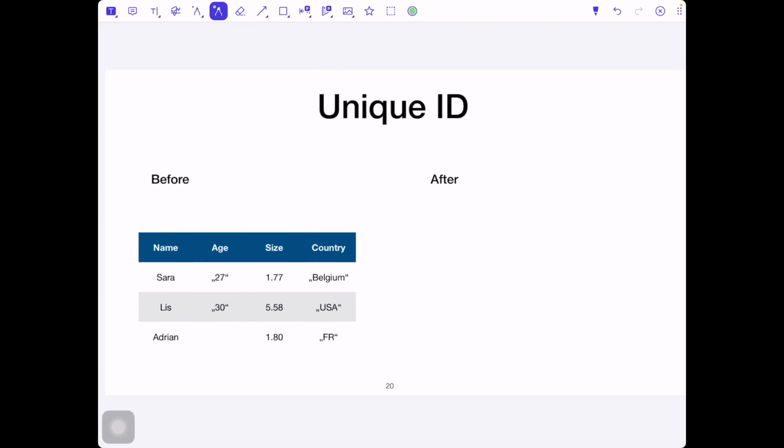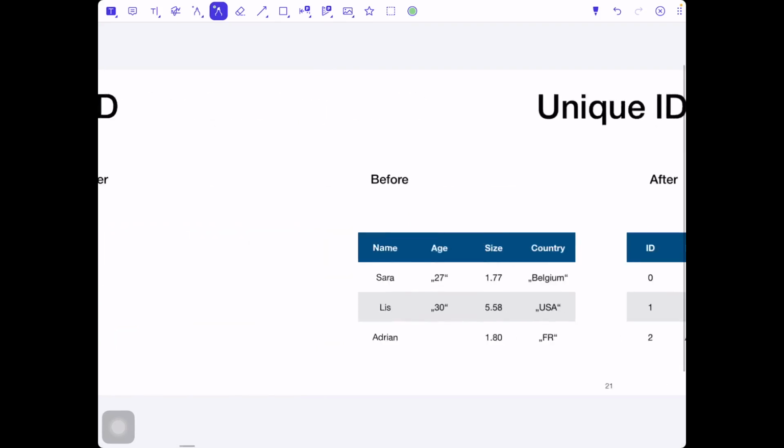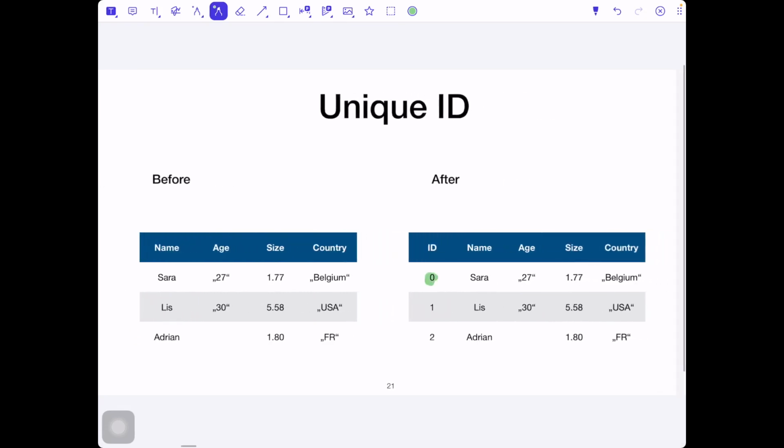It is also very common that we do not use the name, since we are working with computers that need to refer to every sample in some easy and concrete way. And the names can repeat themselves. That's the first. The second, the names could be too long and not comfortable to deal with. Therefore, we assign to every data point a unique ID. So we just add an additional column where we enumerate our data. Next step.